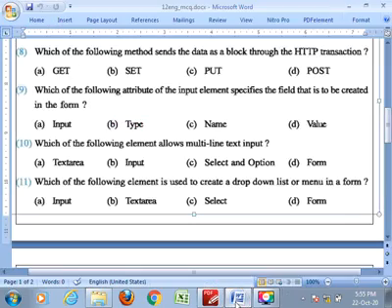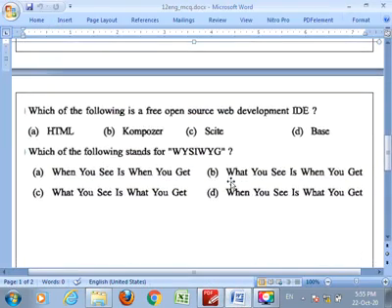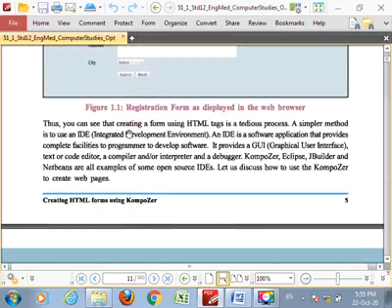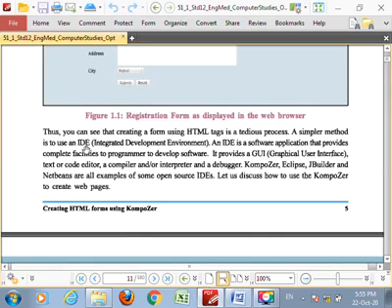Clear? So next question is, which of the following is a free open source web development IDE? So friends, Composer, it provides an IDE. Clear? Here your answer is Composer. IDE means Integrated Development Environment.